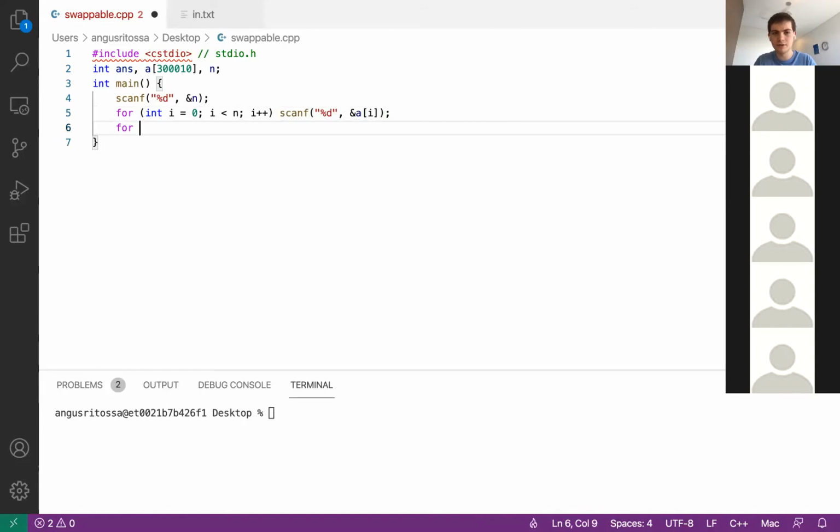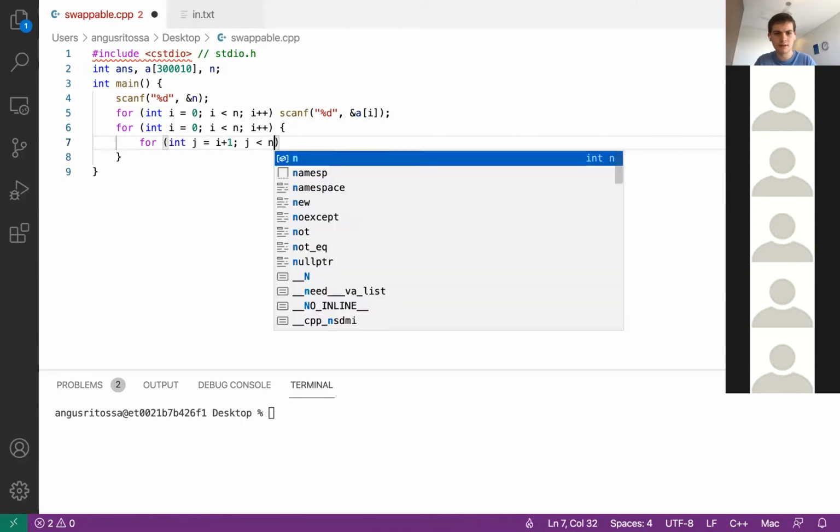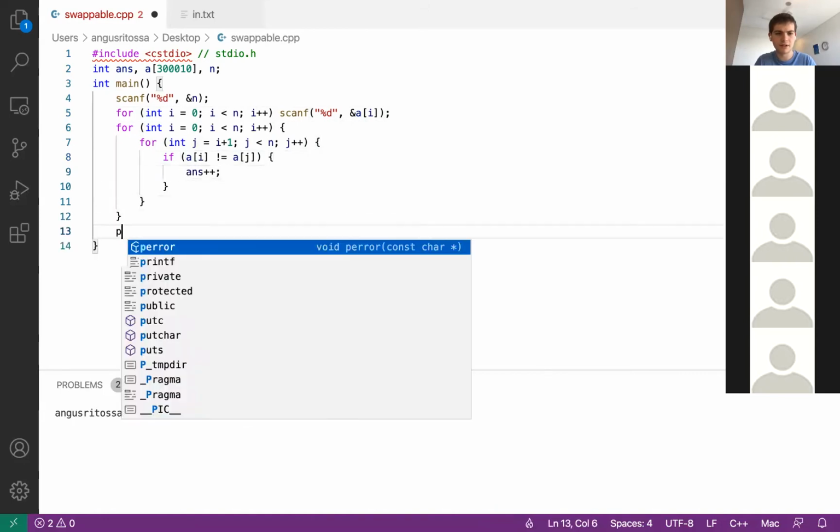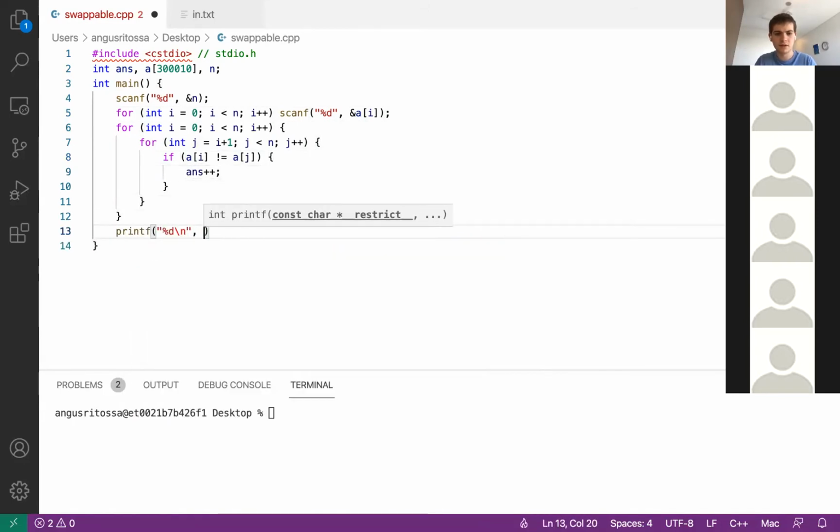And then we're going to have 2 nested for loops. The first for loop goes from 0 to n. The second for loop goes from i plus 1 to n. And we're just going to say, if these elements are different, add 1 to our answer. And then we just print our answer at the end. It's a very simple solution. Let's compile it